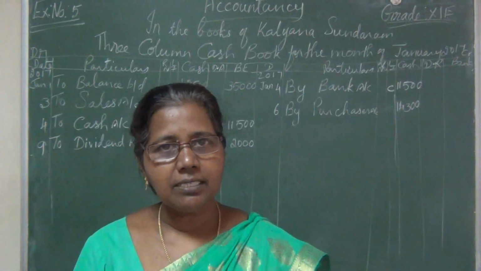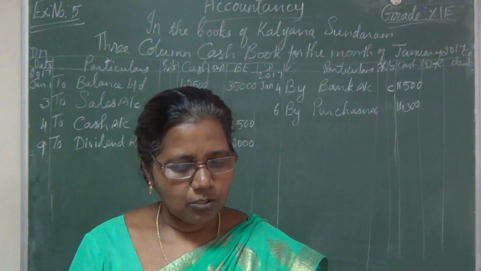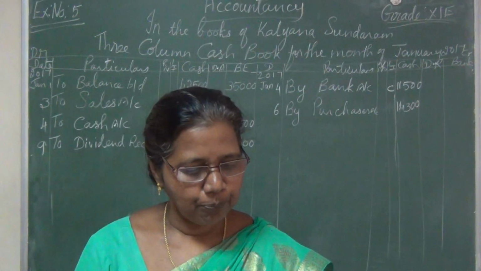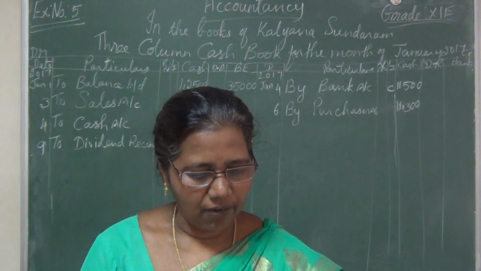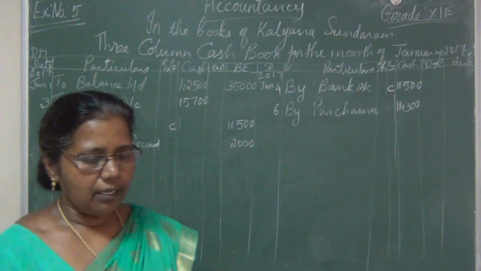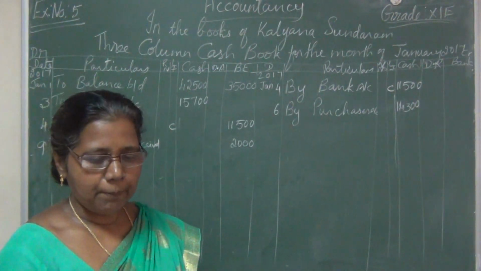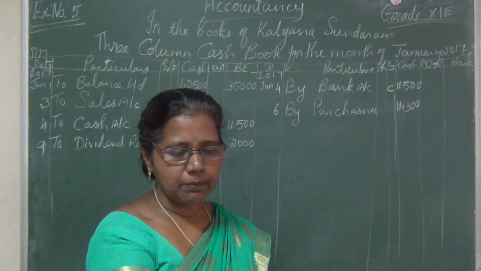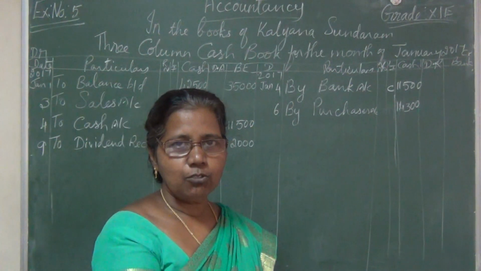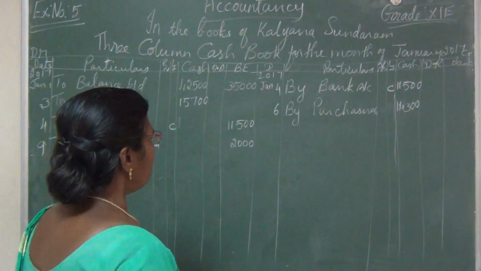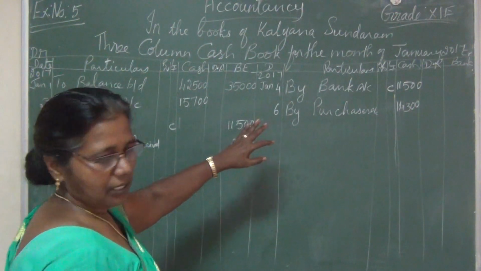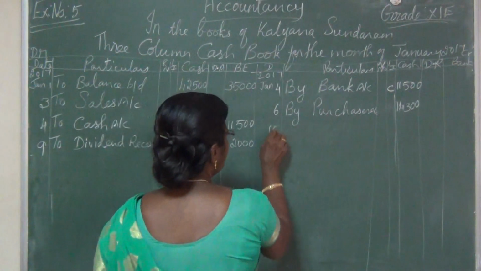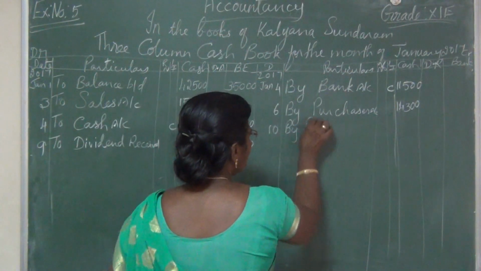So here the bank is the payer, isn't it? So we should credit bank, and what is the expense name? Pongal advance to staff. Okay, so who is the giver? Bank. So we need to credit bank. What should be debited? The expense name. Expense name is Pongal advance to staff, isn't it? So it's a payment, on the credit side it will appear, isn't it? What is the date? 10. By Pongal advance to staff.